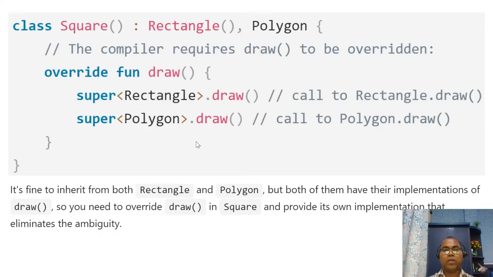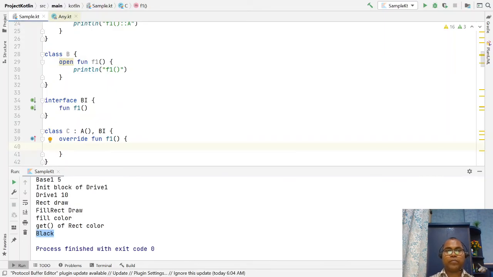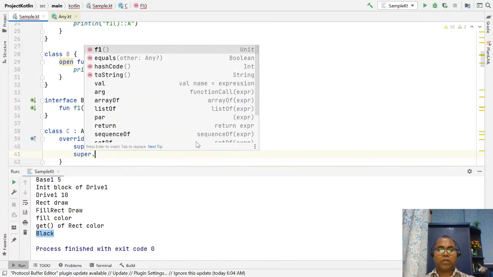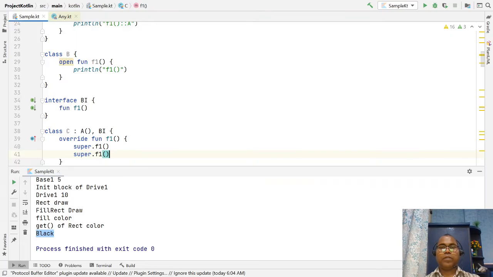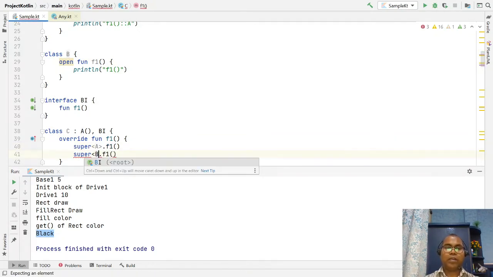So this is the rule you can follow. You cannot directly use super dot f1, since it's ambiguous which super. So here the options you specify: this is I want the A class, this is I want the BI class.